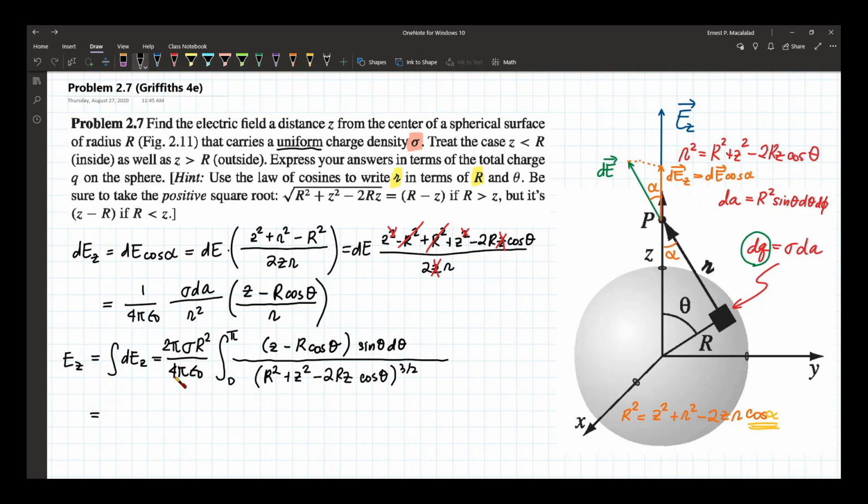Yes, you can actually cancel 2 pi with 4 pi, but usually I just maintain this 1 over 4 pi epsilon naught to be separate. So this is 1 over 4 pi epsilon naught, and then the result would be 2 pi sigma r squared